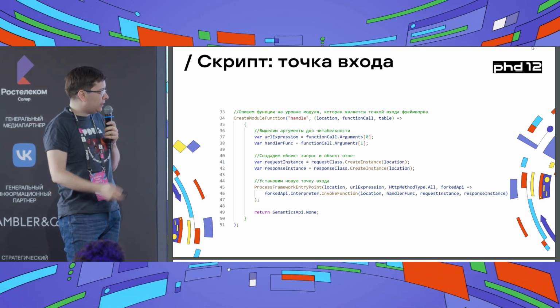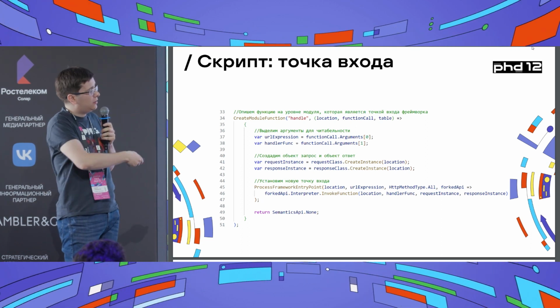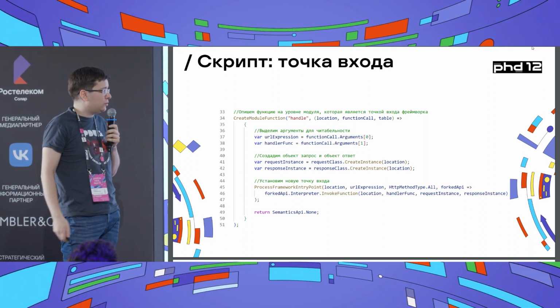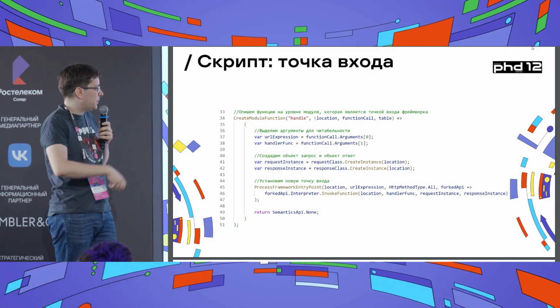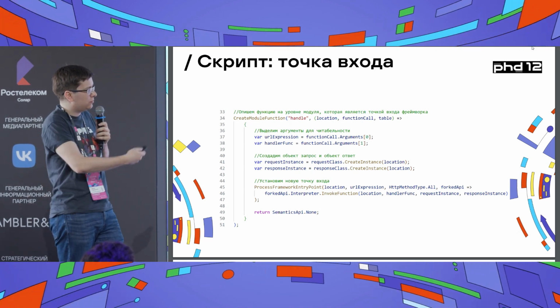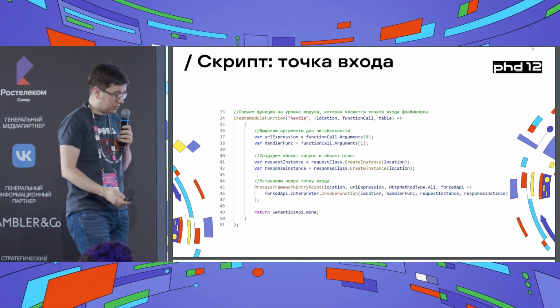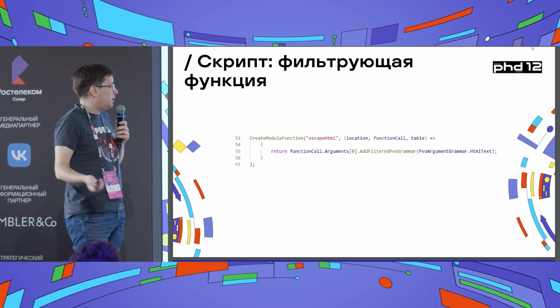We create instances of the query class and response class. We tell our machine that we are starting to analyze the entry point, and it has a certain path if we know it from the signature,